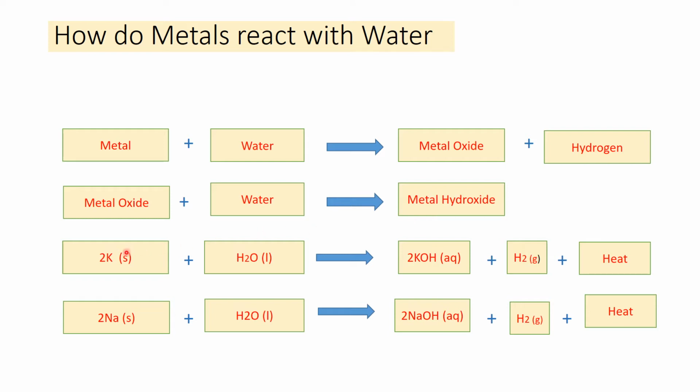Metals like potassium and sodium react violently with cold water. In the case of sodium and potassium, the reaction is so violent and exothermic that the evolved hydrogen immediately catches fire. You can see here, this is potassium in solid form, it is taken. This cold water, H2O, and it forms potassium hydroxide, that is KOH, plus hydrogen gas and heat. Because heat evolves, the reaction is exothermic, and this hydrogen which is evolved here catches fire immediately because